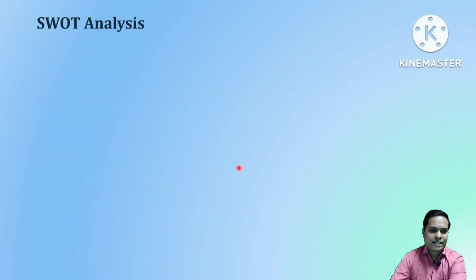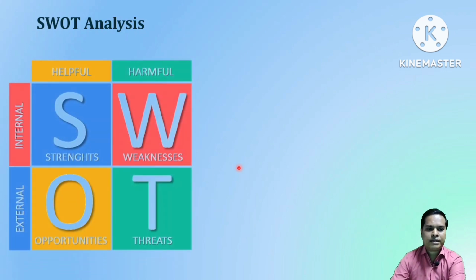This is another, separate thing, and I will tell you later why I am discussing this analysis. This is SWOT analysis. What is SWOT analysis? S stands for strength, W stands for weakness, O stands for opportunity, and T stands for threat. In everybody, whether in the construction industry, a project, a business or a startup, even in your personal or professional life,